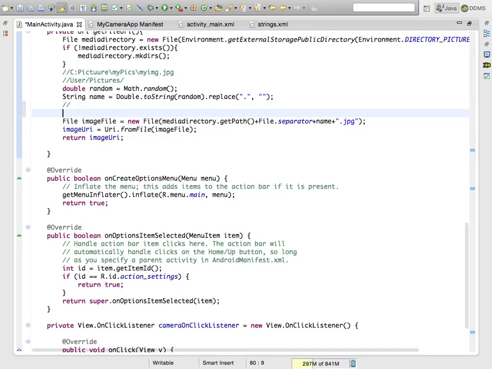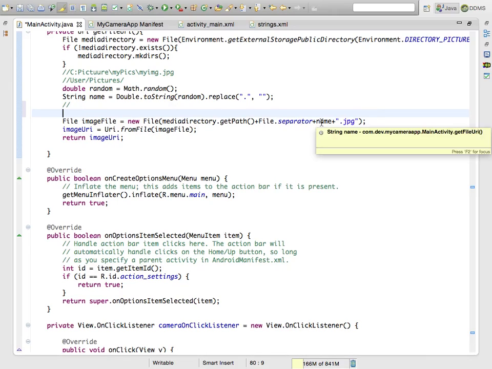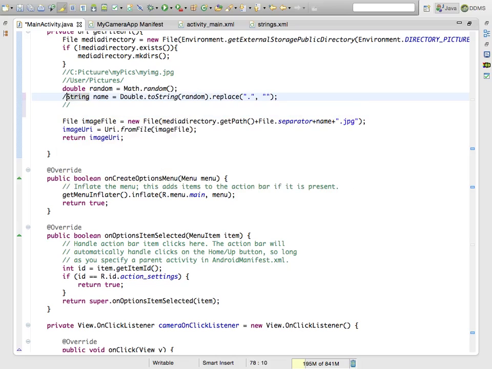In fact I liked it, and that also gives me an option to talk about date time. One sample given in the Android document gives a name according to the date time. For example, whatever time you take the picture, the image file name is automatically created according to the date time with the JPEG extension added. That sample I'll also write. So if you do not want this one,